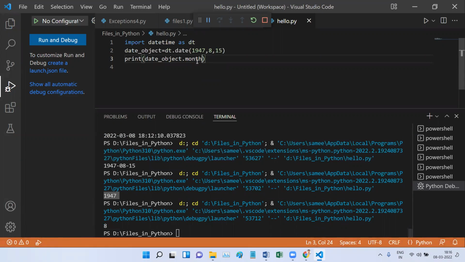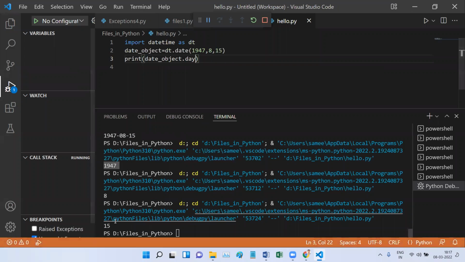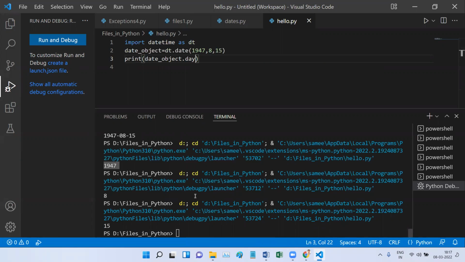See, only the month August is being printed, and if you want, you can only access the day. You just have to use the dot operator and mention the respective month, year, or day. As you can see, even the 15 is being printed. These are little basic things, but if you are writing a big program related to date and time, you are really going to need this. If you have a date object, you can extract only the year, the month, or the day from that date object. I hope this is clear.